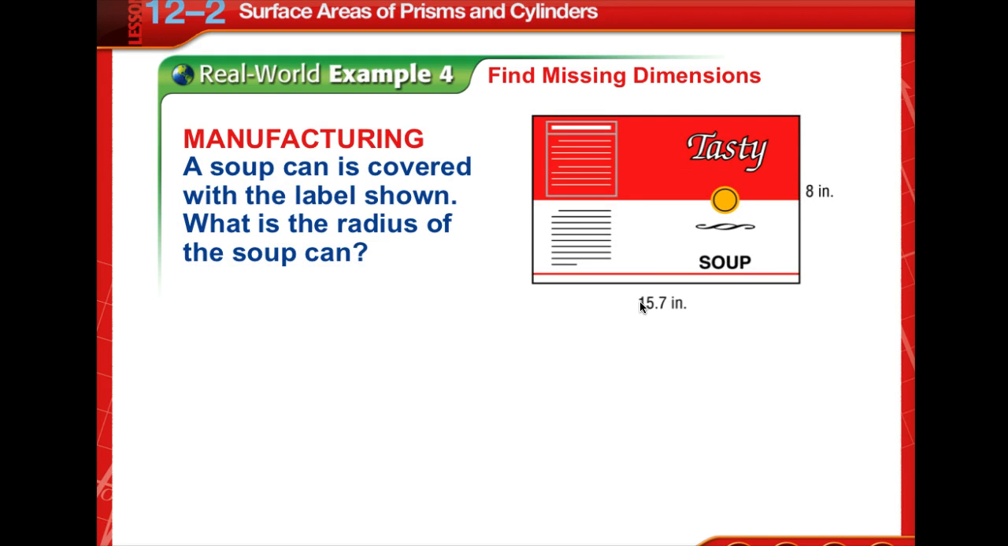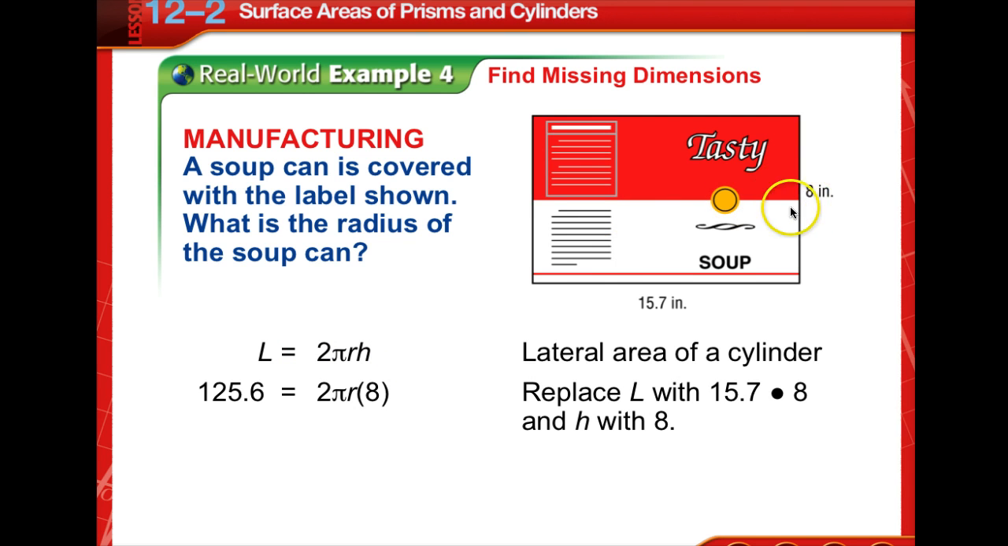A soup can is covered with the label shown. What is the radius of the soup can? So now we're going to have to use what we know. What formula for a cylinder has radius in it? The most simple is the lateral area. We substitute in what we know, that the height is 8